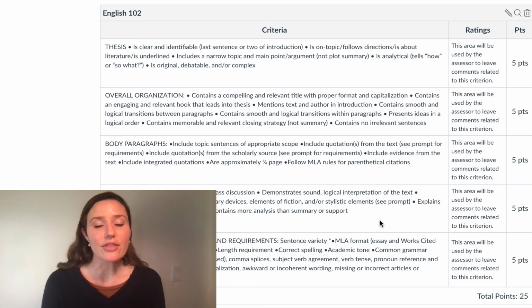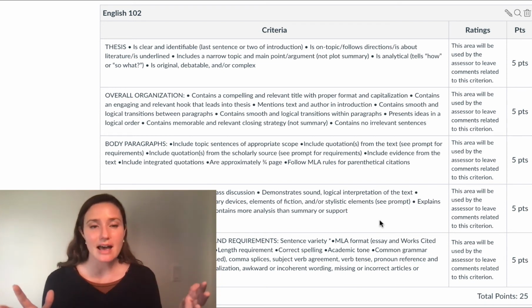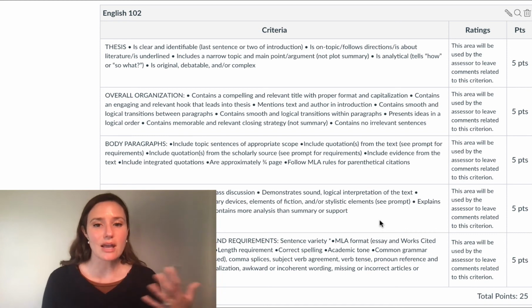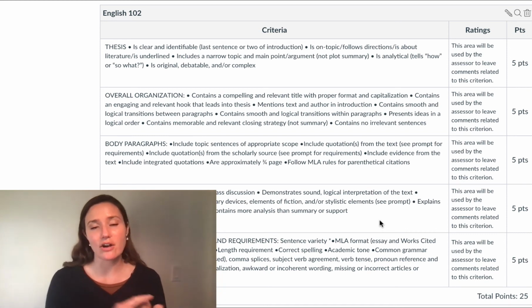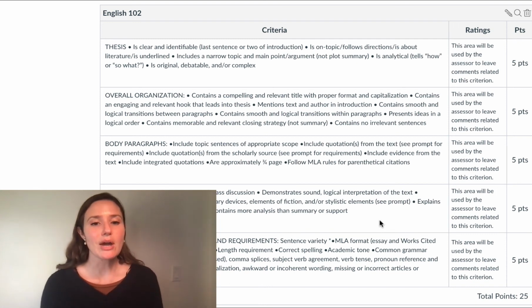I want to see that you're thinking about literary devices, elements of fiction, or stylistic elements. Now, this is a lecture for all of my essays. This is the rubric for all of my essays, so it depends on the prompt. For essay 1, we're focusing either on characterization or setting or style, but I want to see that you're following